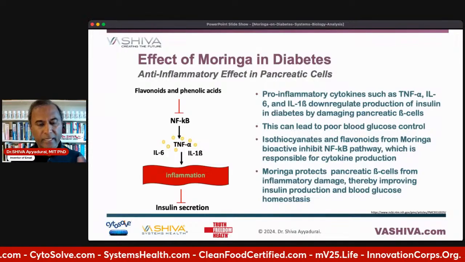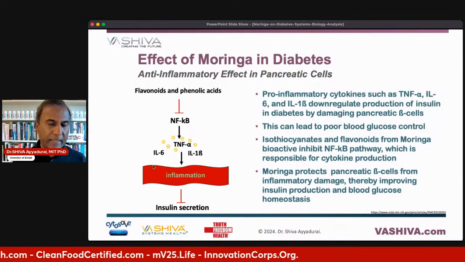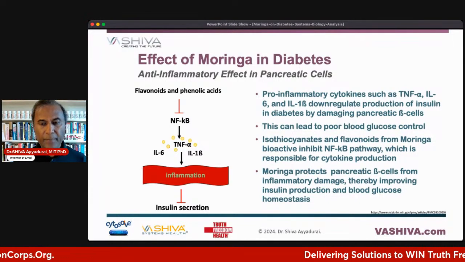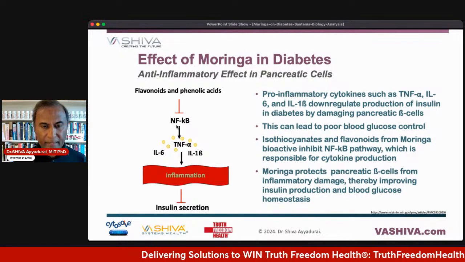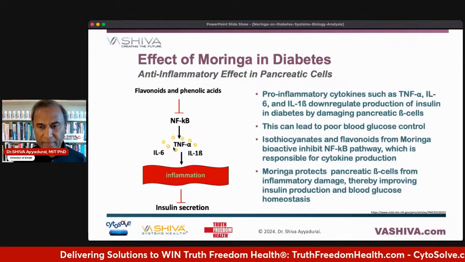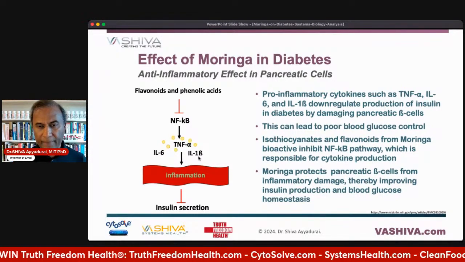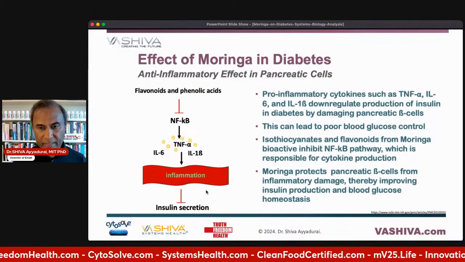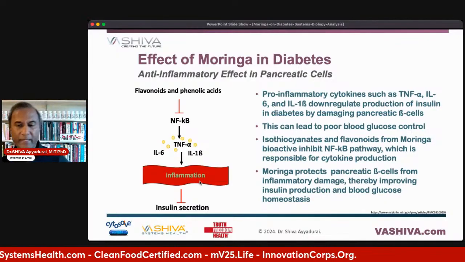Again, inflammation stops insulin secretion. How does that occur? Because of these specific cytokines, IL-6, TNF-alpha, and IL-1 beta. Now, if you go upstream of this, NF-kappa beta is the thing that initiates these cytokines. So these cytokines, again, downregulate the production of insulin in diabetes by damaging, actually, the inflammation damages the beta cells,